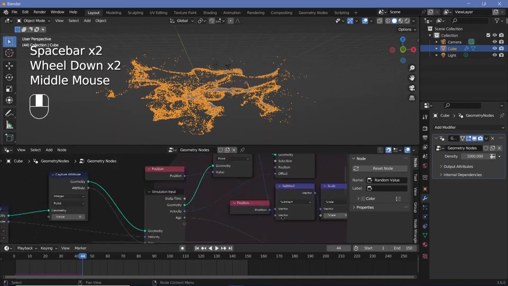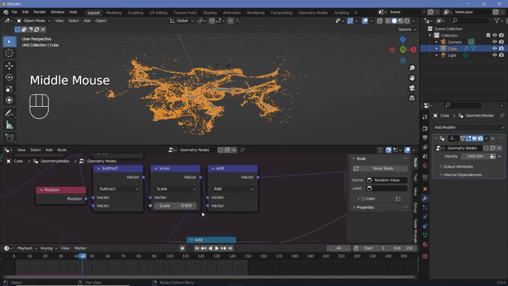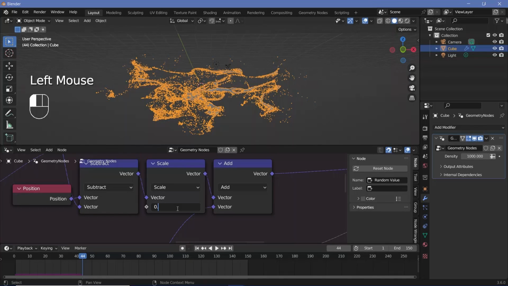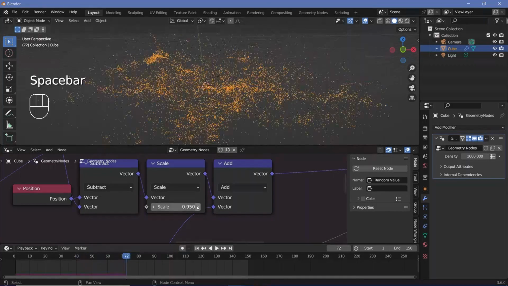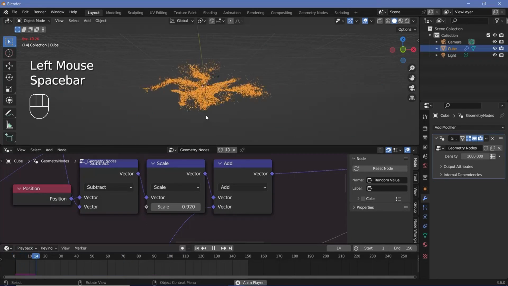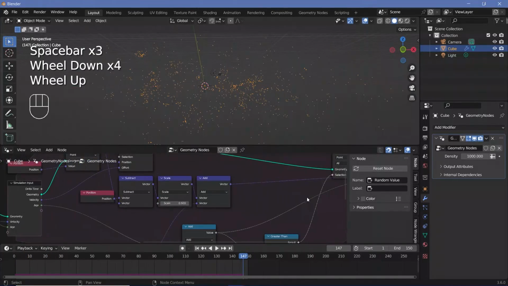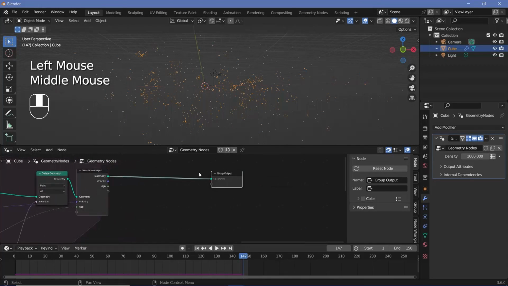good, but maybe this velocity is also being attenuated a bit too fast. So let's make this 0.95 instead of 0.8, and that was a bit too strong. So maybe 0.9, and just play around with the values until you get something that you're absolutely happy with. Once you're happy with the way it looks, you can go ahead and complete the node tree by pressing Shift